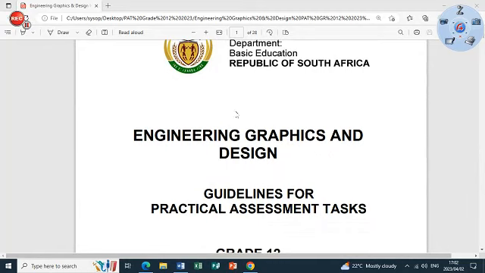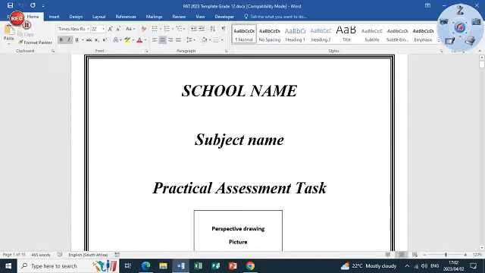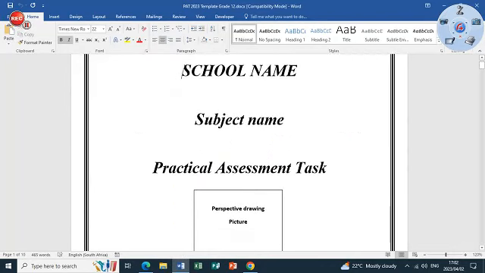Now at the moment, you will be receiving this document from your teacher, which is me, and I will share another document which is this PAT template which I've designed for you to fill in all the information, which is the part 1 which we are going to be busy with. So what I'm going to do in this video is only to deal with part 1,